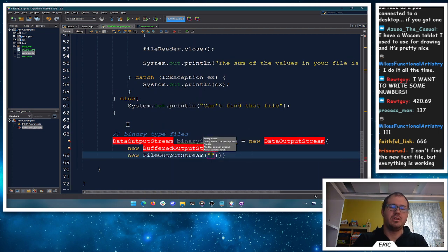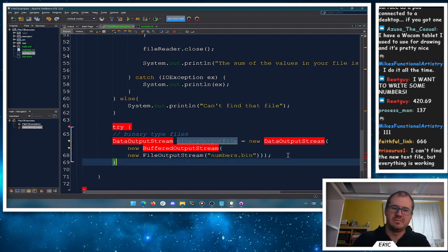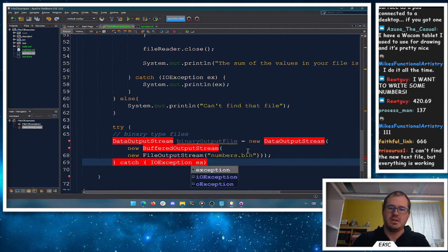And that one we're going to call my numbers. Now, .bin is a relatively common extension for binary files to indicate, hey, this is a binary file. Other people like .dat. It doesn't matter what we give it; our computer could care less. We're not going to double-click these to open with any sort of program. They're only going to work here inside of our Java program, because no one else is going to know what to do with it. We need to catch our IO exception, ex,